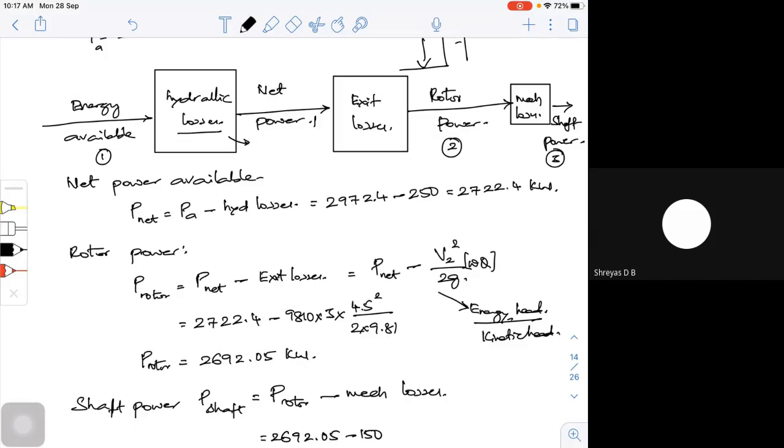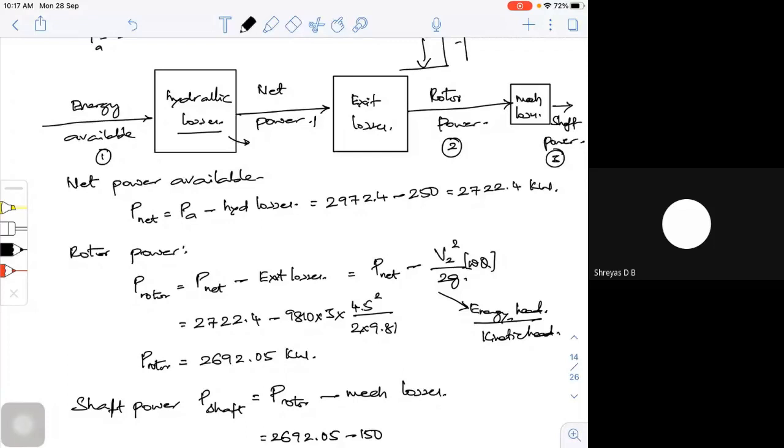Like you wrote 9810. Which one? 9810. So V square, no, not V square, sir. That omega. Omega is 9810. But you're getting negative values, right? 9810 is omega, no? Like you have to substitute omega QH. If I substitute 9.81, we're getting it as 2692.0. No, no, don't substitute 9.81. It is 9810. Then we're getting omega negative value.